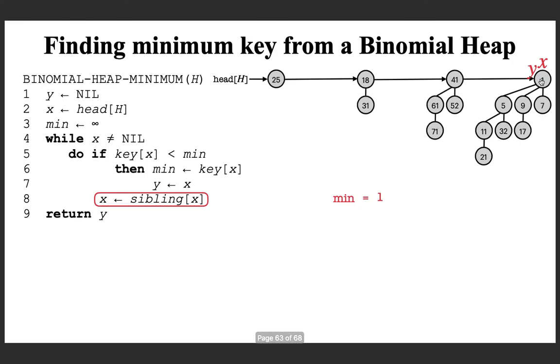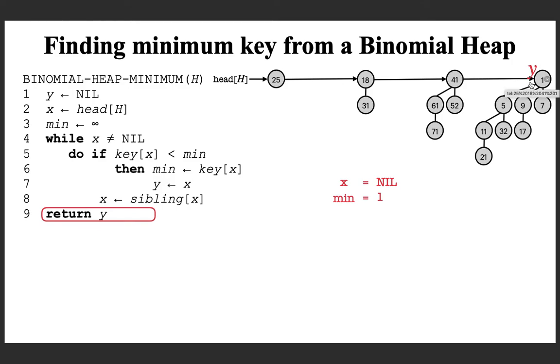Moving down, and now you say that x is sibling of x. There is no sibling for x, and hence x is updated to nil, because there is no such next node. So x is nil now. You go back, and here this check will fail because x is already nil. So you finish there, and you return the address of the node containing the minimum value.